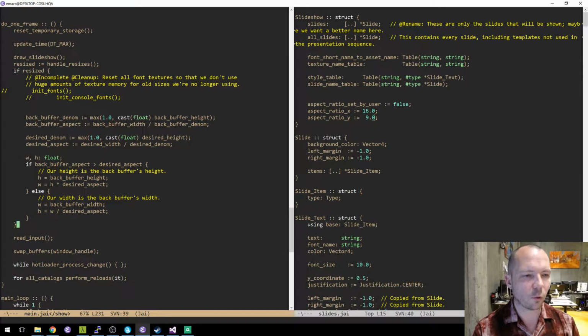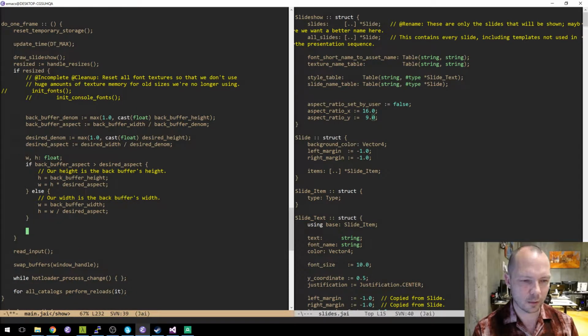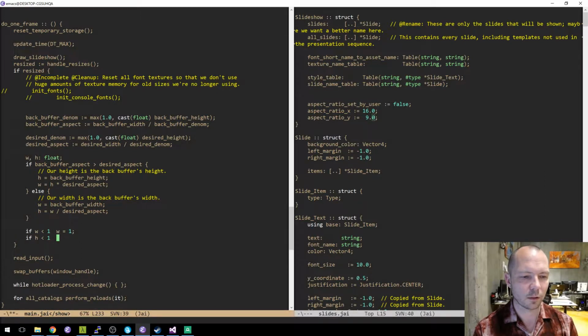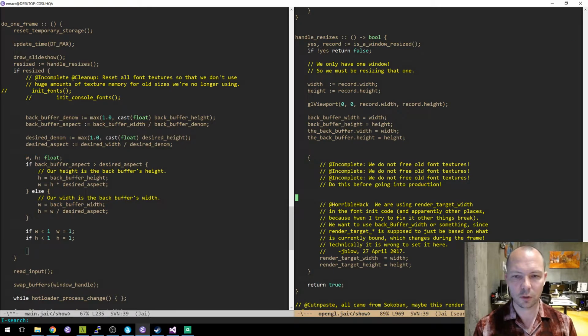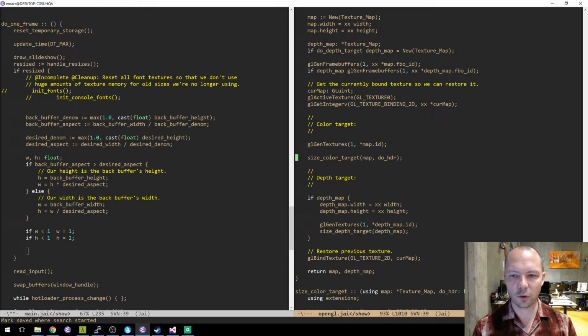Okay, so once we have our width and height, we do the following. Size render target, right? Isn't that what it's called? Size color target.